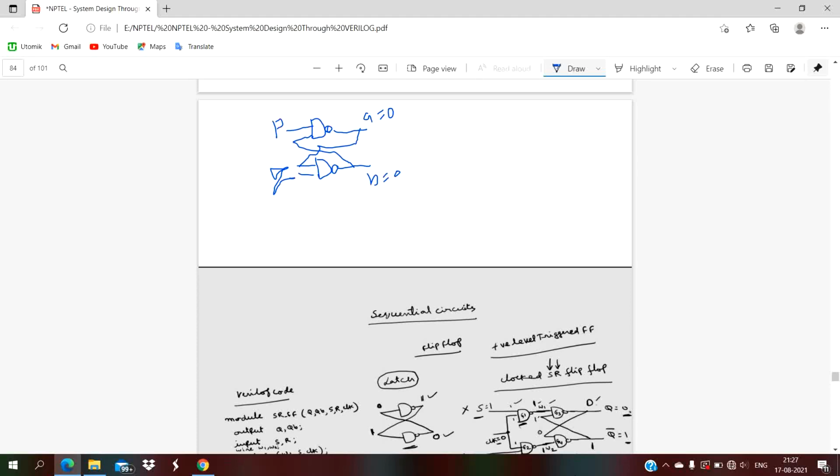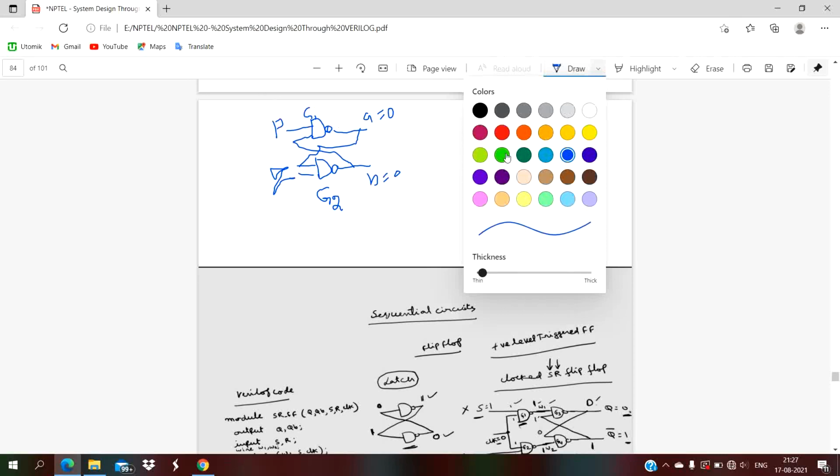Actually the truth table of a NAND gate is: if any one of the inputs is 0, the output will become 1. So if A is equal to 0, it is one of the inputs of G1, let us take it as G1, and this is G2. For G1, the output of G2 is 0, so 0 is given as input to G1. The output will become